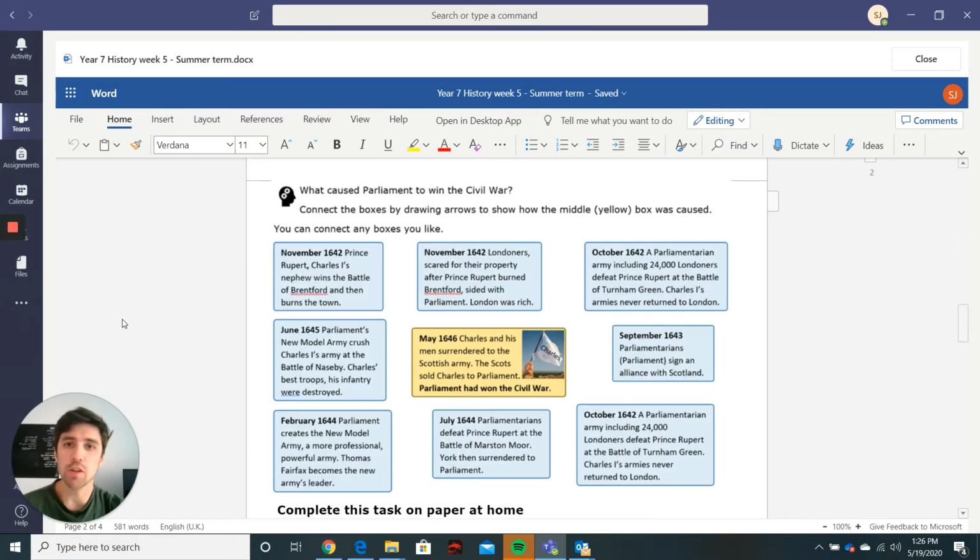Okay, now hopefully the next task looks a little bit familiar to you if you did the previous lesson, because it's pretty much the same. What you're going to need to do is, as I said, do this on a piece of paper at home. You might need to draw these boxes out before you can do it. But all you're doing is connecting the boxes by drawing arrows to show how the middle box, the yellow one,